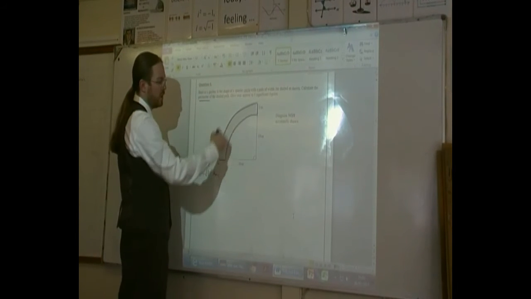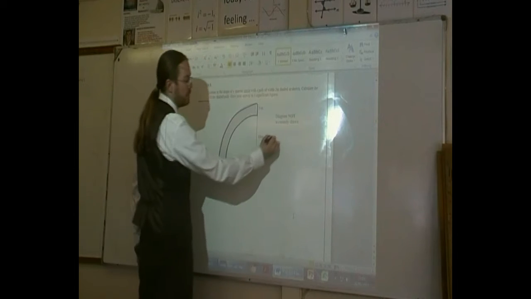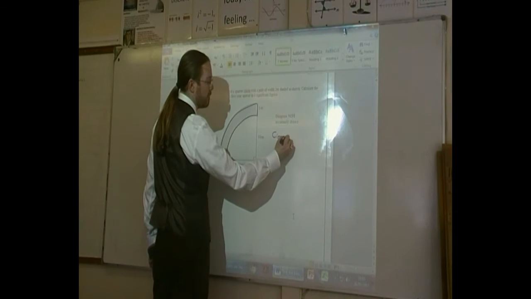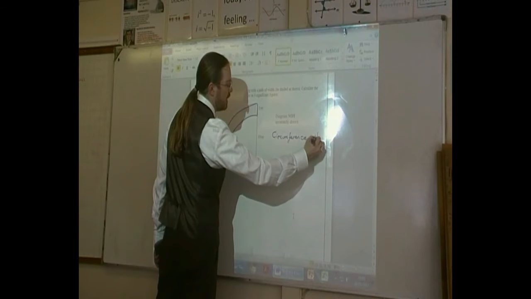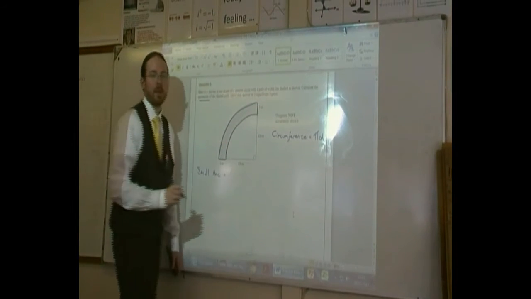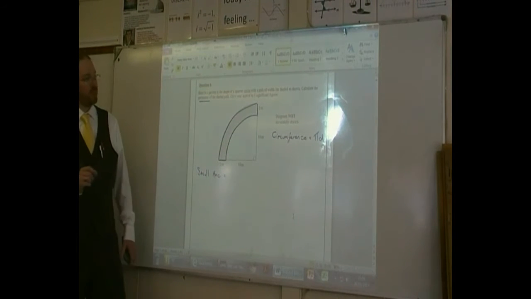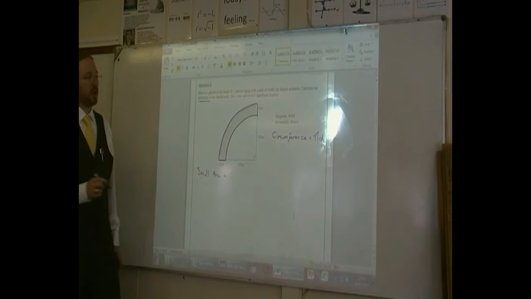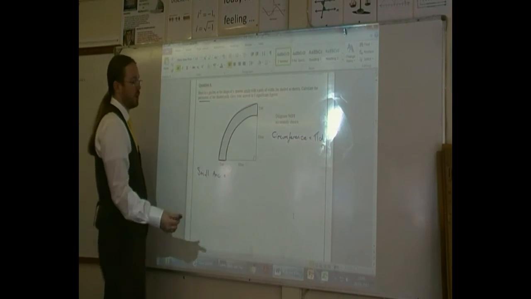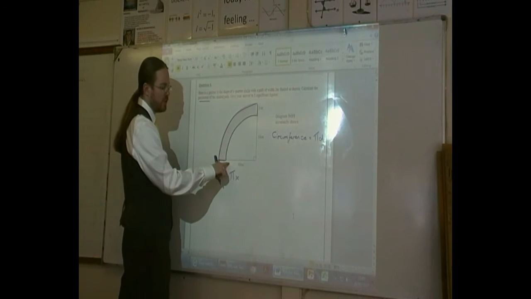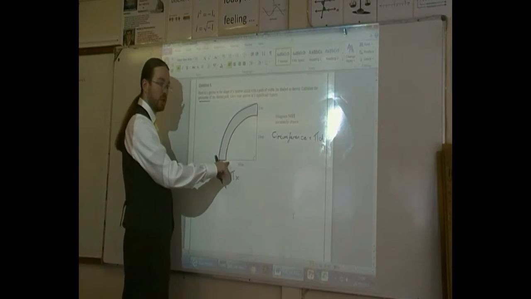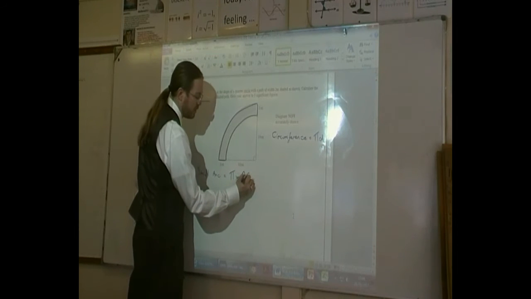The perimeter relates to the circumference, and you should know that the circumference equals pi times the diameter, okay, pi d. If you're not aware of that, make sure you make a note of it, because you will need to know circumference and area of circles. So the small arc, we're going to do pi times the diameter, and the diameter is not 10, it's twice as big. So it's going to be pi times 20,